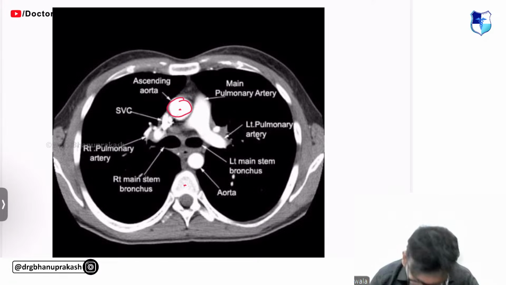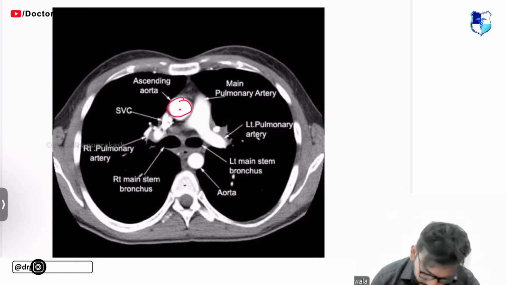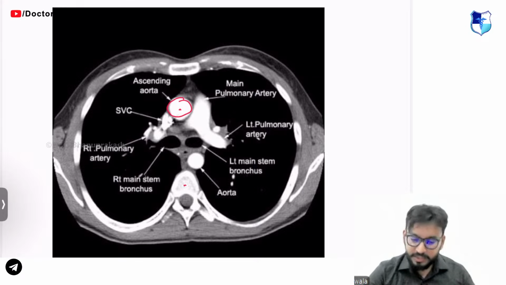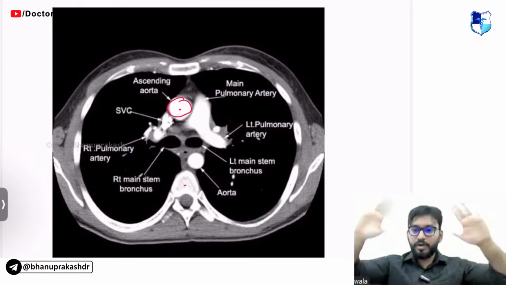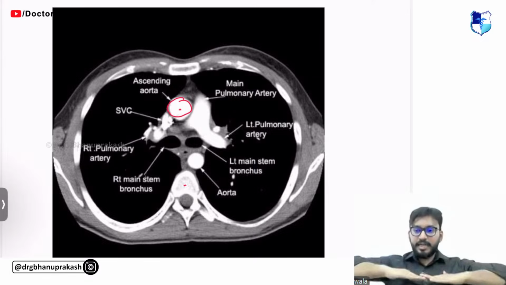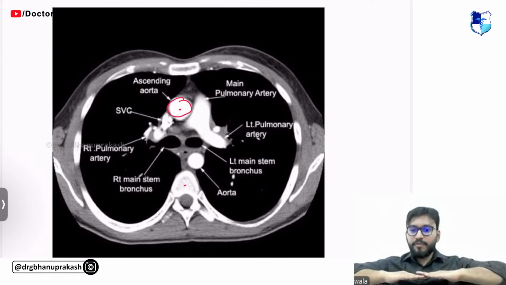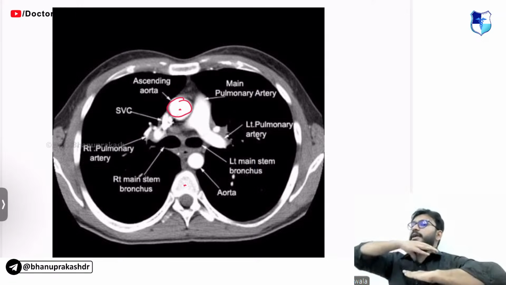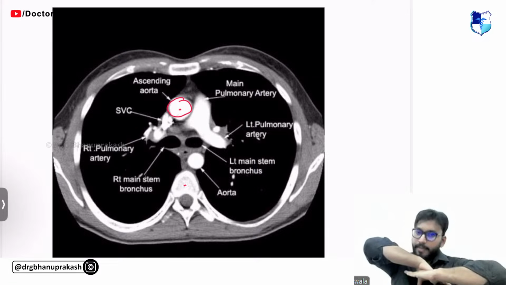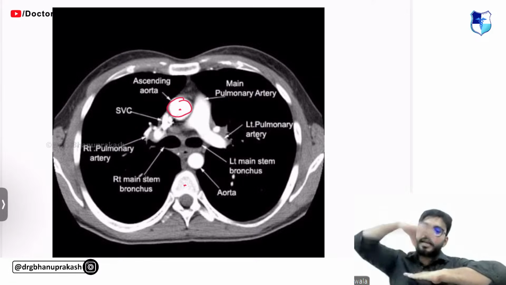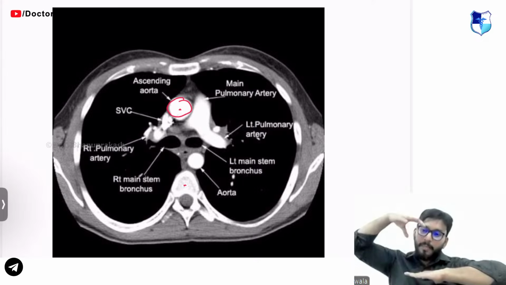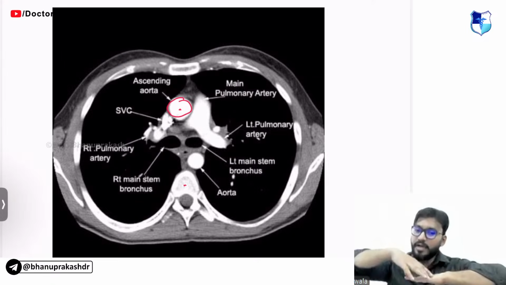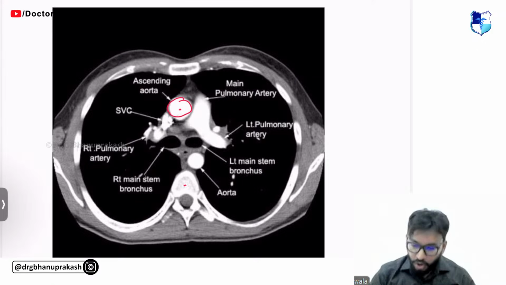This is a contrast CT scan. Okay, look at this vessel. What is the level? Look at me, everyone here. This is a CT scan at this level. At this level, my arch of aorta is coming. It is going behind and it is going down into my abdomen. This is what is happening first. Secondly, my trachea is coming, my esophagus is coming, and my superior vena cava is coming. So all of these structures can be seen.